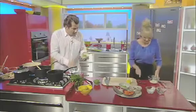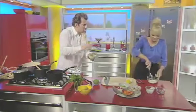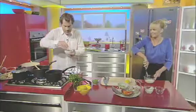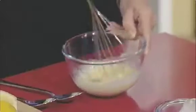Love those, yes. The thing about broad beans, always remember to shell them. Yeah, just give it a little work together. Just nice and gently. So it's an egg yolk and double cream in there. If you didn't want to use double cream, you could use yoghurt or you could use creme fraiche. Creme fraiche. Lovely. But cream's probably just...